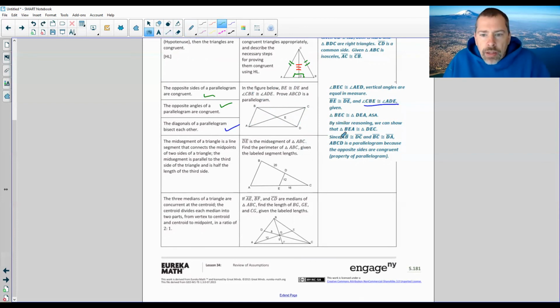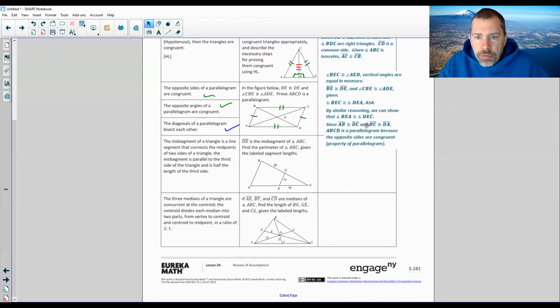Since AB is congruent to DC, opposite sides of a parallelogram are congruent, and BC is congruent to DA, opposite sides of a parallelogram are congruent. ABCD is a parallelogram because the opposite sides are congruent, property of a parallelogram. Okay, that one was a lot